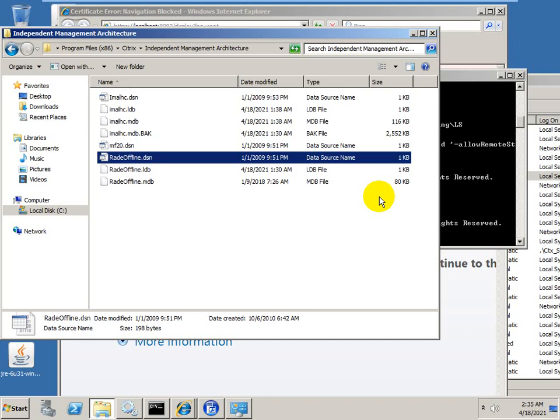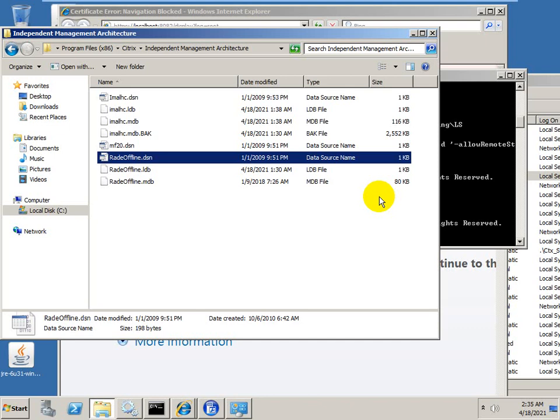Sorry, sir. How is it possible that if a user is not connected to the Citrix environment, we have to download the offline client or online client? We have a download for the offline client type, but nowadays the offline client is not in use. But I will tell you the mechanism working behind that.